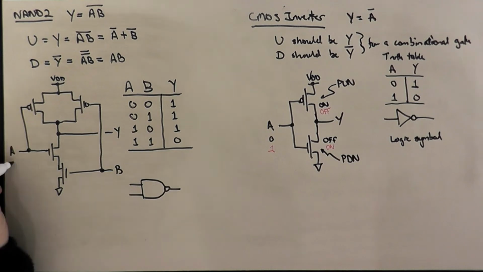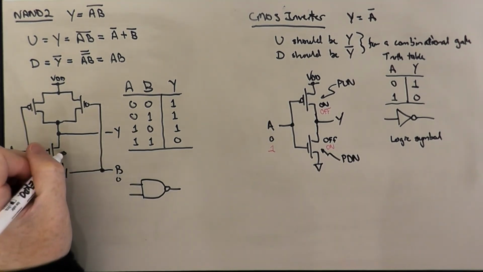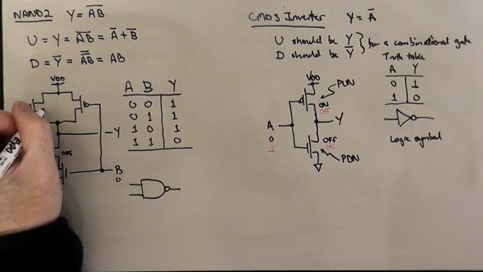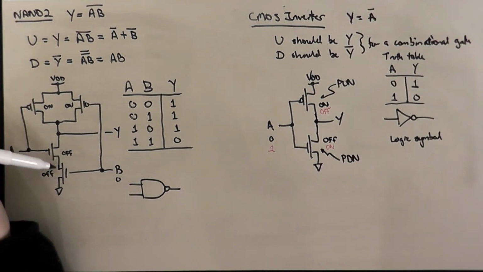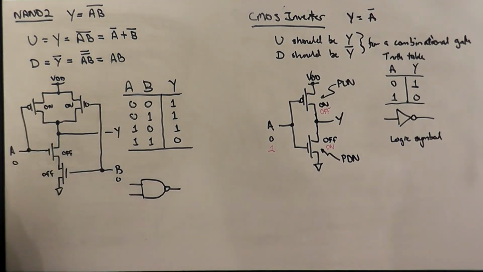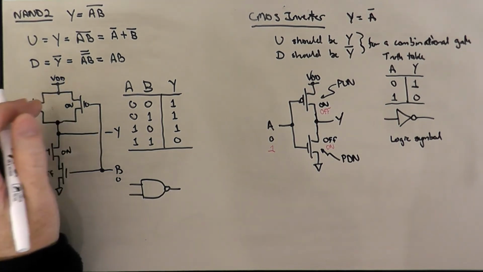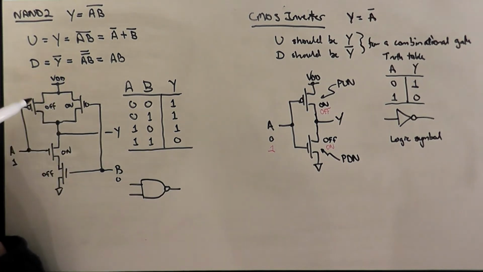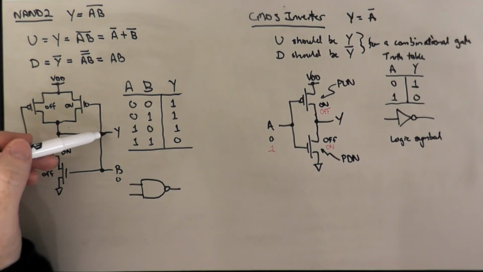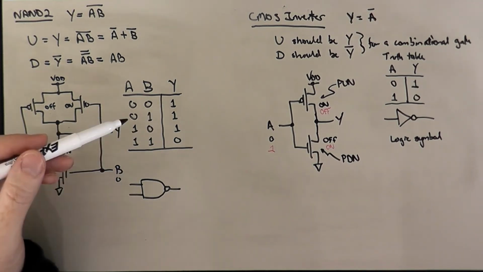So if we make A 0 and B 0, both these transistors are off. Both these transistors are on. And so the pull-down network is cut off, not conducting. The pull-up network is conducting as much as it can be. We'd expect the output to be connected to VDD. If we make, let's say, A 1, what would that do? That would flip this transistor to on. That would make this transistor off. And so we still have the pull-down network cut off because we have one transistor on, one transistor off. But the pull-up network is still conducting through the B side. So Y is still going to be 1. So that's the second row. Or no, actually that's the third row